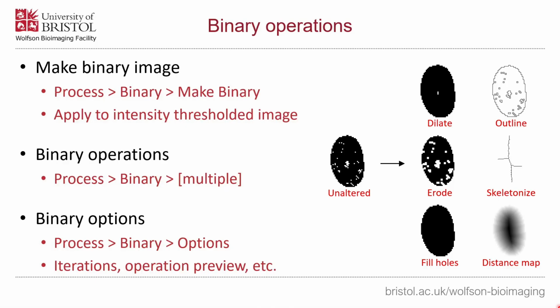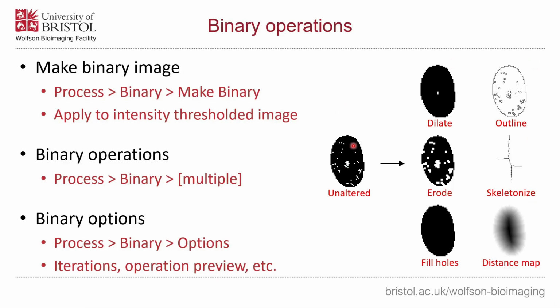Now that we've binarized our image, we just want to tidy it up a little bit. This is mainly things like filling in holes and also splitting adjacent nuclei which have become merged together into a single contiguous unit. In the Process, Binary menu of ImageJ, you'll find a whole load of different binary operations, 6 of which I've listed out on the right hand side. So if we